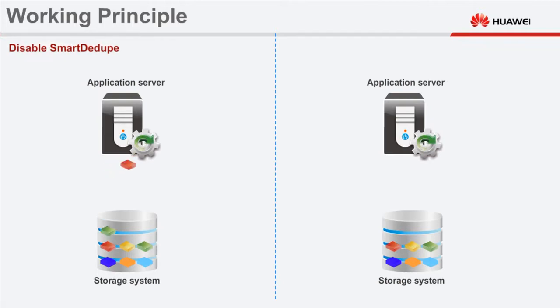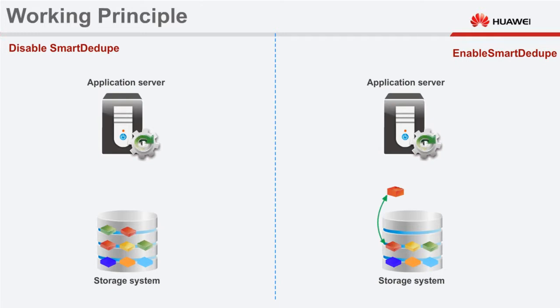Before deduplication is enabled for a thin LUN, the storage system directly writes new data into the LUN. If a new data block is the same as an existing data block, the storage system will store redundant data blocks. If the deduplication function of SmartDedupe and SmartCompression is enabled for a thin LUN, the storage system computes fingerprint